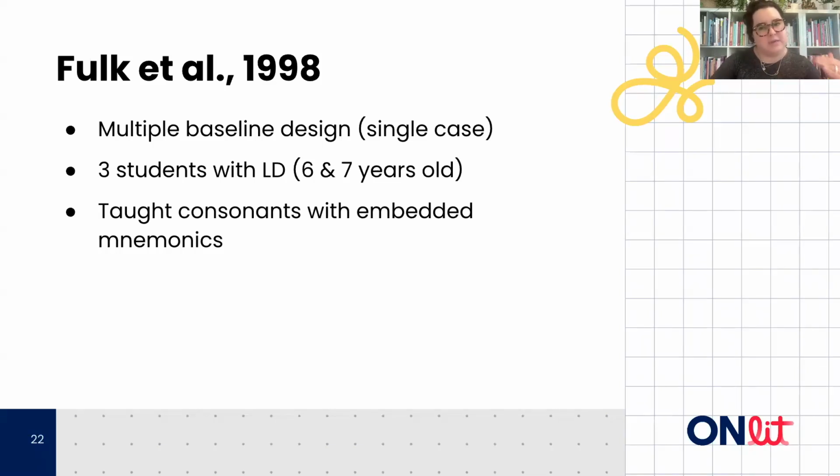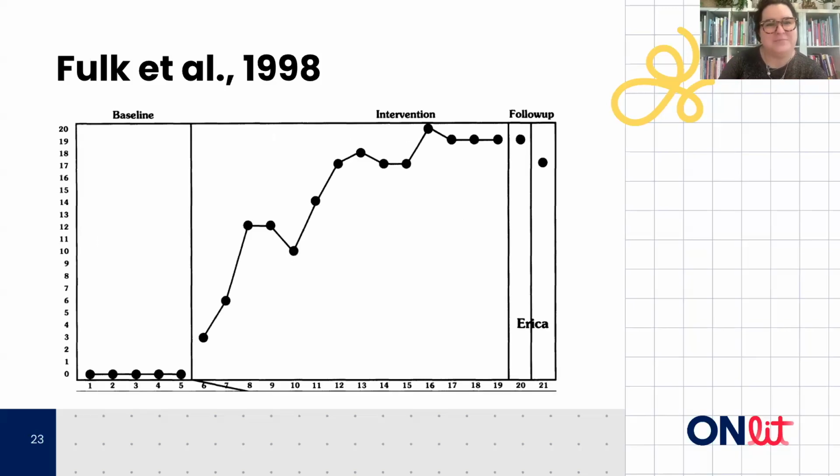That served as a baseline. And each student was individually moved into the intervention at a different time. So this allowed researchers to compare changes in their skills between baseline and intervention for each student individually. And this gives us a really interesting way to closely analyze individual cases. So I'll show you some graphs and I'll show you what they found. So you can see here, this is the graph of one student. And you can see those 5 first data points are the baseline. So this is the number of letter sounds that this child knew before the intervention started.